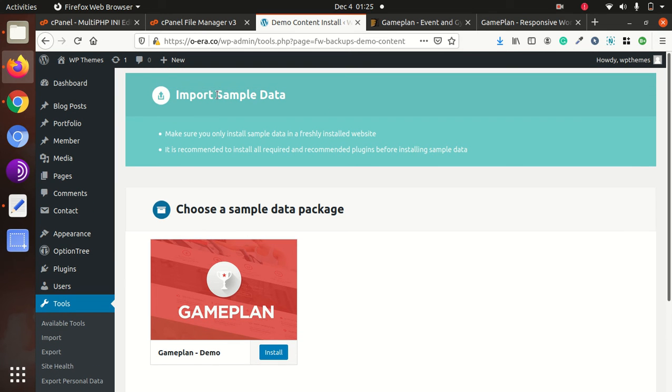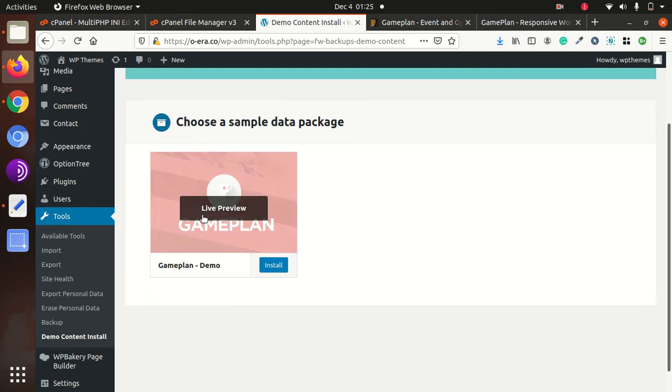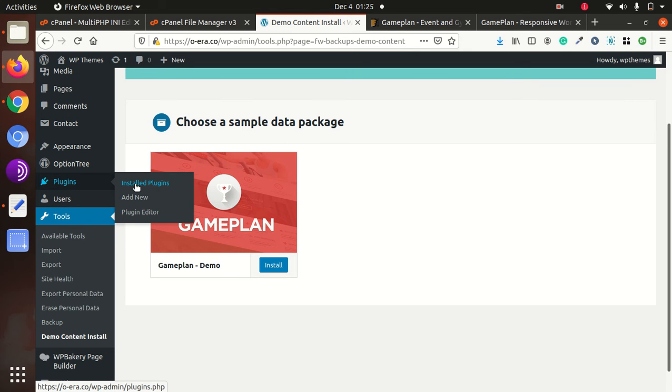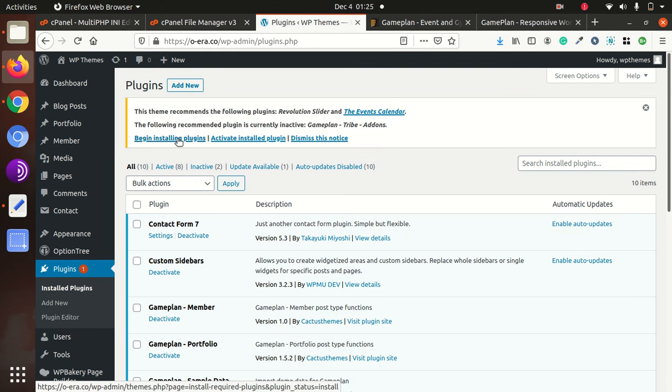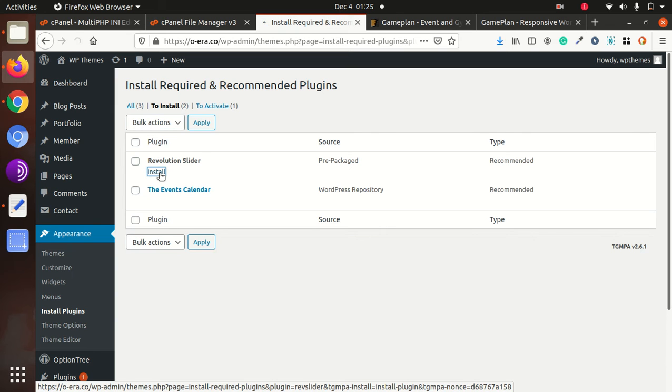It has navigated to sample data, but we need to finish the plugins first. We will come to this. Revolution Slider.